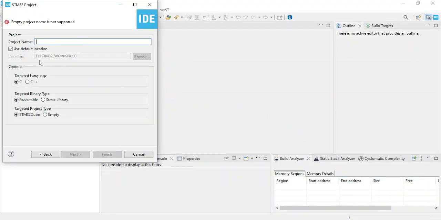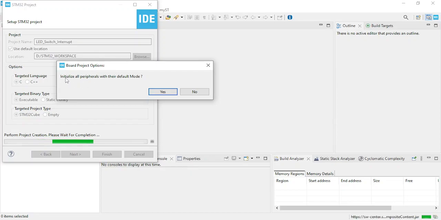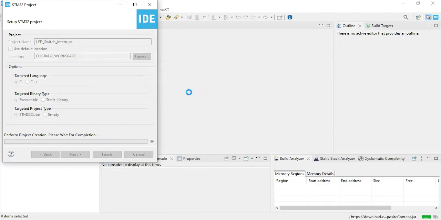Give a name to the project. So here the project is created under D STM32 underscore workspace. You can create any other folder according to your choice and save the project there. So let me give a name LED switch and interrupt, and click Finish. So it will give you a prompt: initialize all peripherals with their default mode. I don't want, so I will click No,